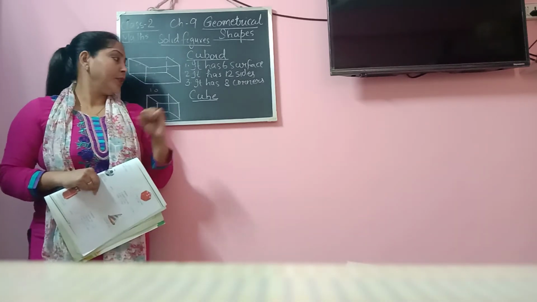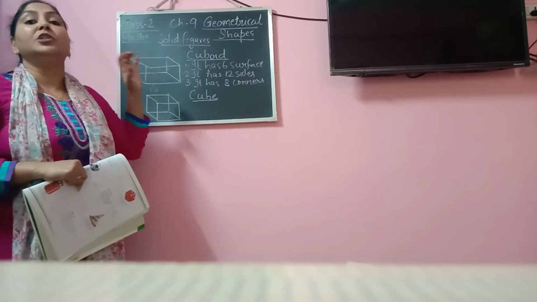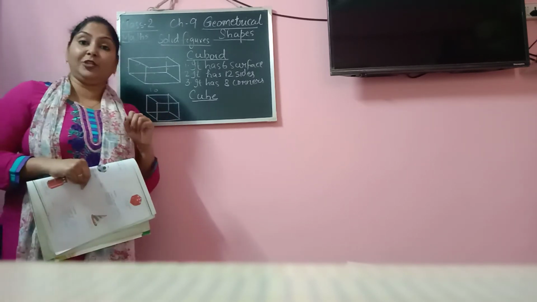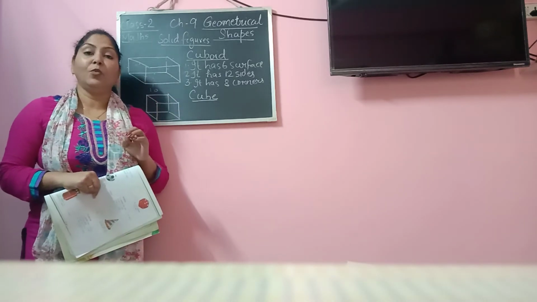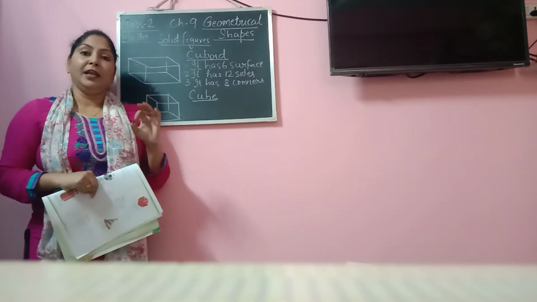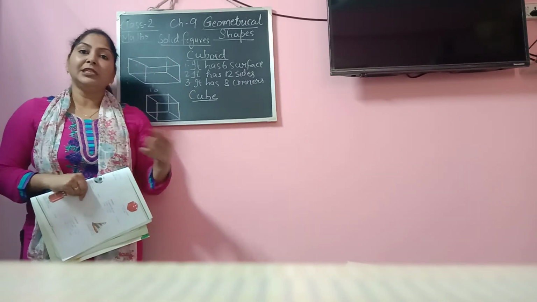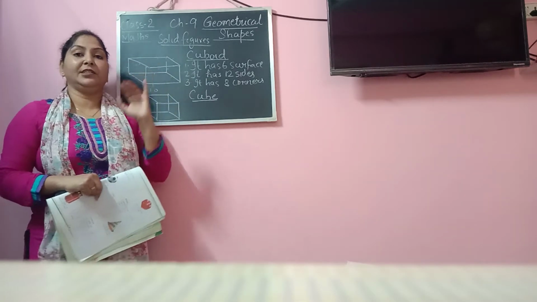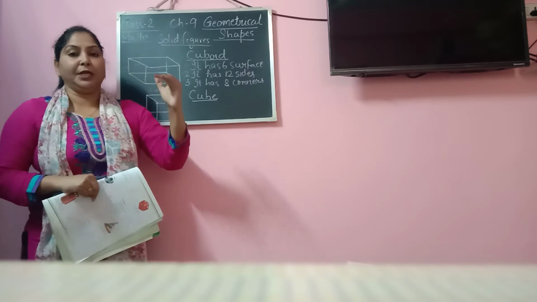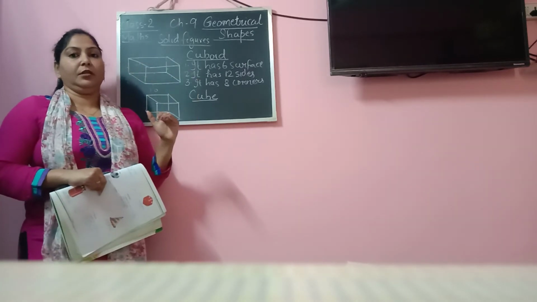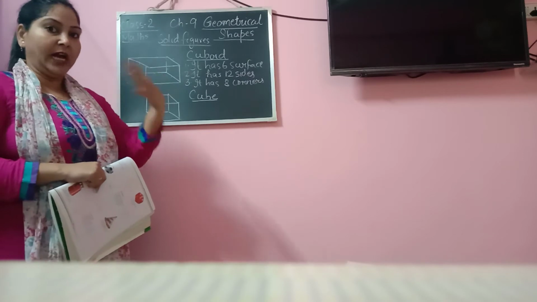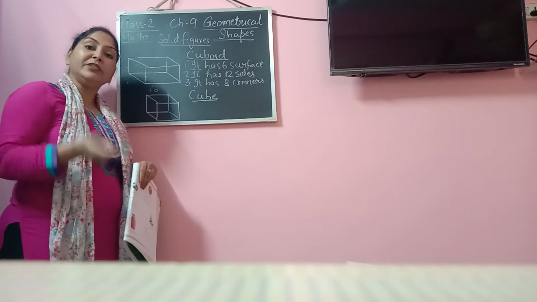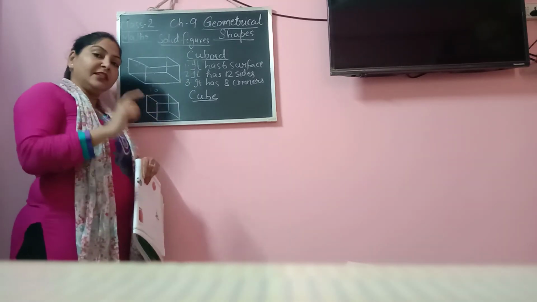Now what is a cube? A cube is actually made up of square shapes. All the faces are made up of square shape. And we know the property of a square. What is the property of a square? A square has 4 sides and all the sides are equal. In a similar way, in a cube also, all the sides are equal. The measurement of each side will be equal. None of the sides will be different or unequal from each other. So all the sides are equal, the faces are made up of square shape, and the rest of the information remains the same as a cuboid.